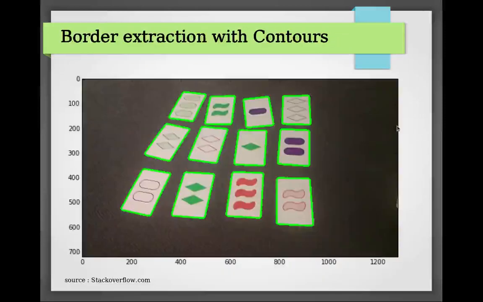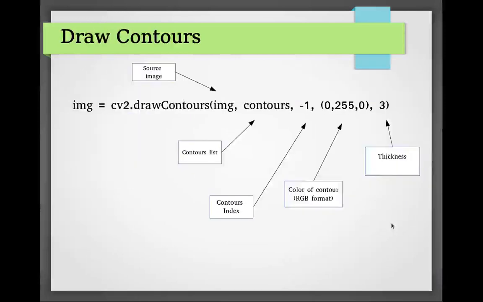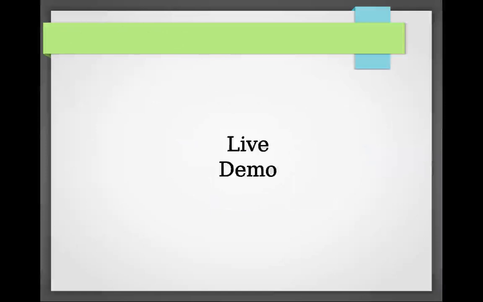And after the color extraction, we need to find the contours from the extracted colored image. For that we need to use some APIs like findContours, which perform this operation. It will get a list of contours, and that list of contours will be used for further processing. And after finding the contours, we need to plot the contours on the webcam imaging, right? So let's see the demo of it.